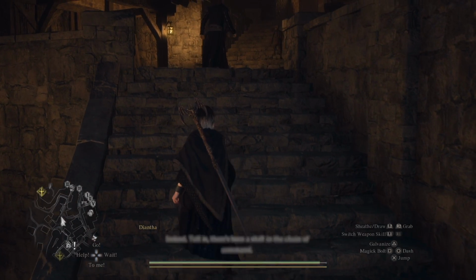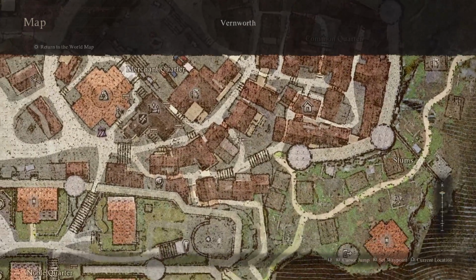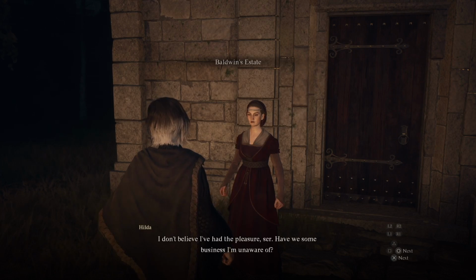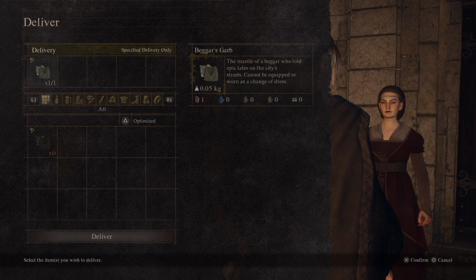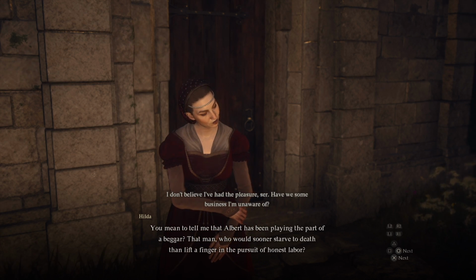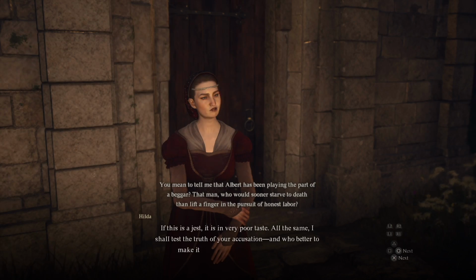Secondly, the second option is you actually take this to his real house, which is up here, the Baldwin Estate. If you go to the Baldwin Estate, you're actually going to find his wife standing outside the household, and you can give her the clothing, and then from there, she's going to be very suspicious of you. She's not going to believe you in the slightest, but she will still try to see if what you say has merit. She's going to lay the clothes around in the house for him to find and basically see how he responds. She's going to request that you come back here in about 2-3 days time, and that's all you